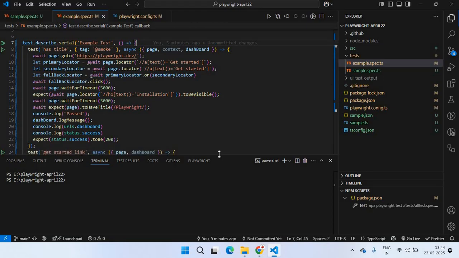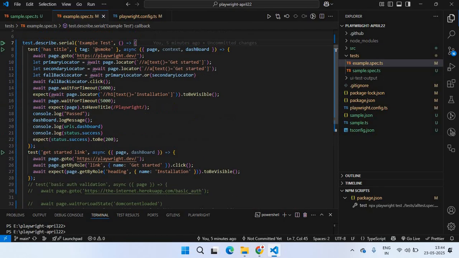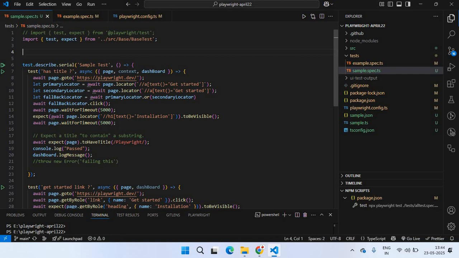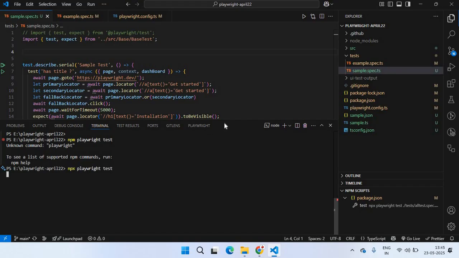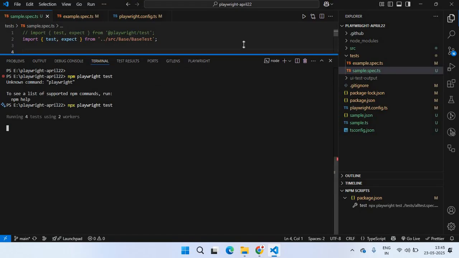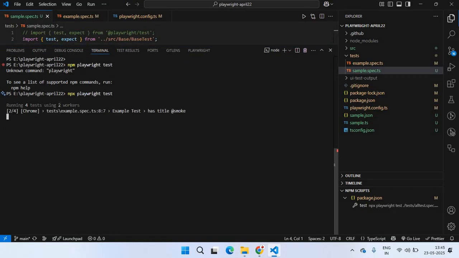So if you see here, I'm asking this file to run serially, like one by one. Similarly for sample, I want both to be run serially. So what will happen if you run it? Oh sorry, it's not npm, it's npx. I'm not running in headed mode. So see, it is using two workers,